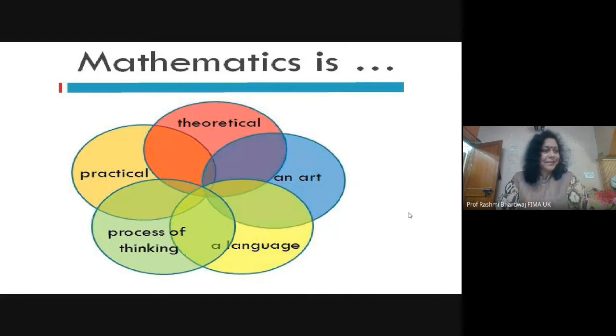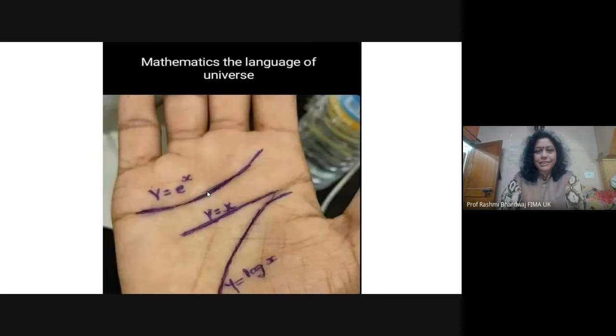Here we have a gathering of mathematicians, but normally people ask why you study mathematics and what is the use of that. So I simply want to say that mathematics is not only a theory, it is a combination of an art, language, process of thinking, and now practicals, because the complete computer is nothing but based on mathematical models. And a simple way to explain what mathematics is, we all see our hands,